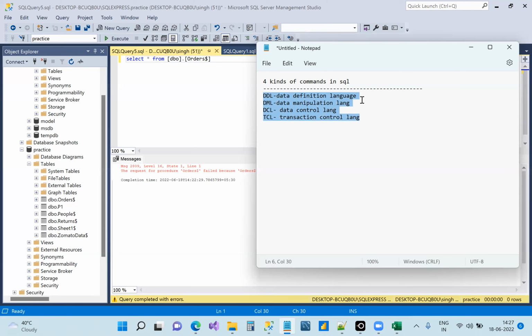So can anyone tell me what is data definition language? What could it be? I'm not asking you like what is inside it. I'm just asking intuitively what you are getting, what it could be. Language which defines the type of data. Yes. Select doesn't define your data, remember. Select basically comes in DML, data manipulation language. So let's understand what data definition language is. So you have understood this thing, right?